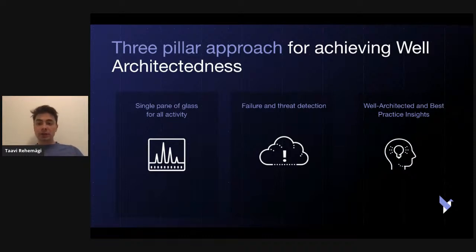The third part is the well-architected and best practice checks. There are a lot of opinions in the community, like the Well-Architected Framework in AWS, but also a lot of different white papers that outline things like how your resources should be tagged, how you should have detailed monitoring and logging enabled, what should be implemented as alarms, all those kinds of things. So we continuously check for all of those.